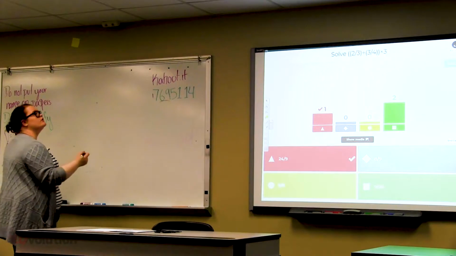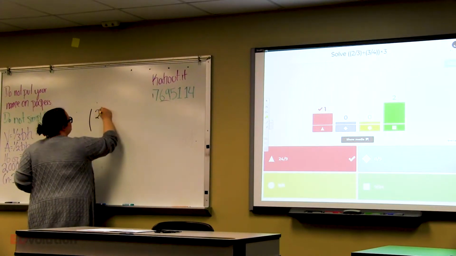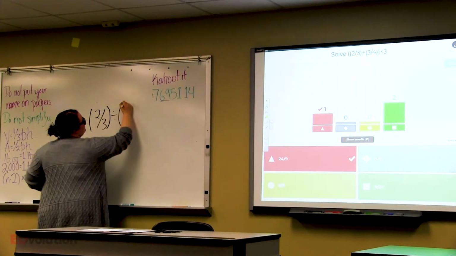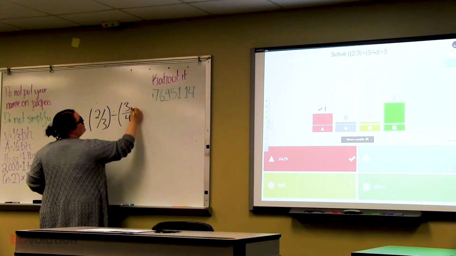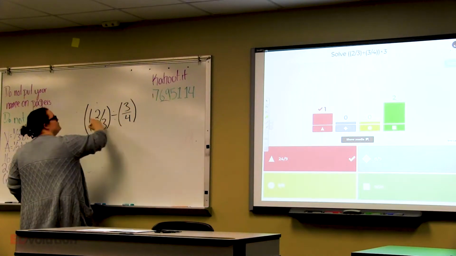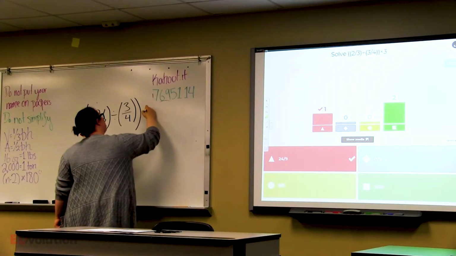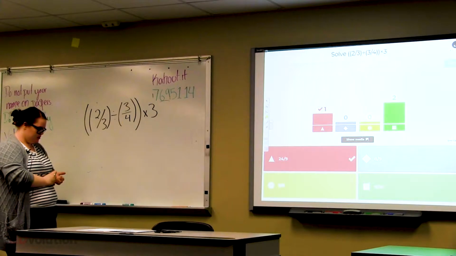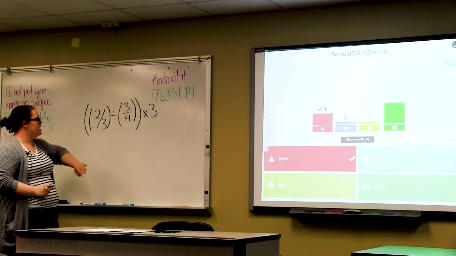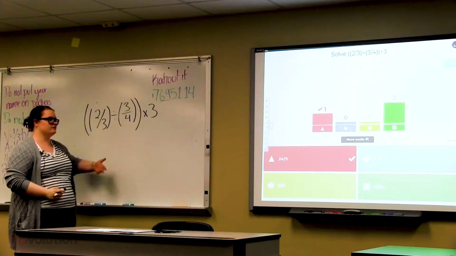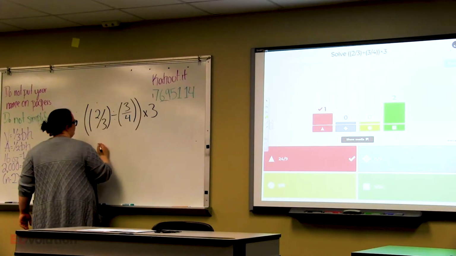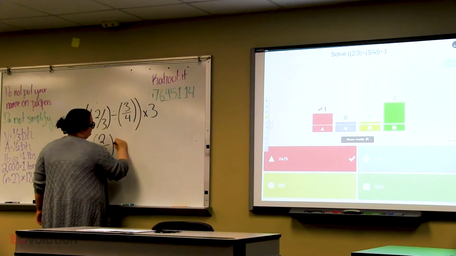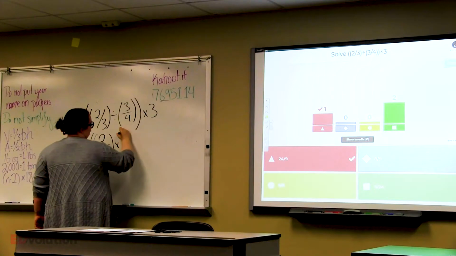So we have 2/3 divided by 3/4. And all of this is multiplied by 3. So in order to divide fractions, we multiply and flip the second fraction to its reciprocal. So we would have 2/3 multiplied by 4/3